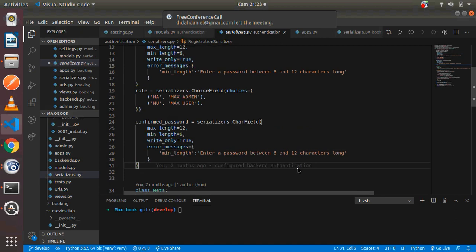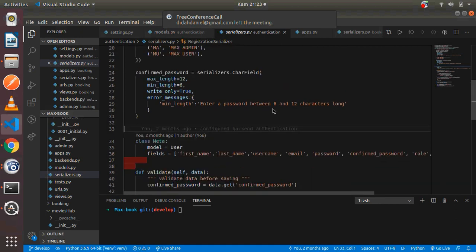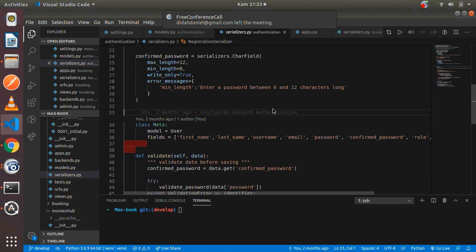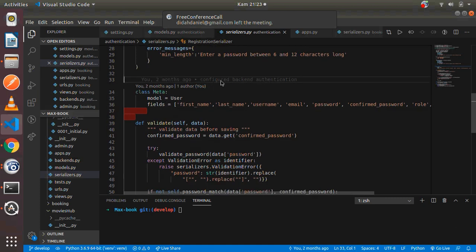So you pass in all these. Another way that you can do this is to pass in the fields as all. And this is, let me just uncomment this and pass it here. So instead of that, you can come here, just pass in the fields as